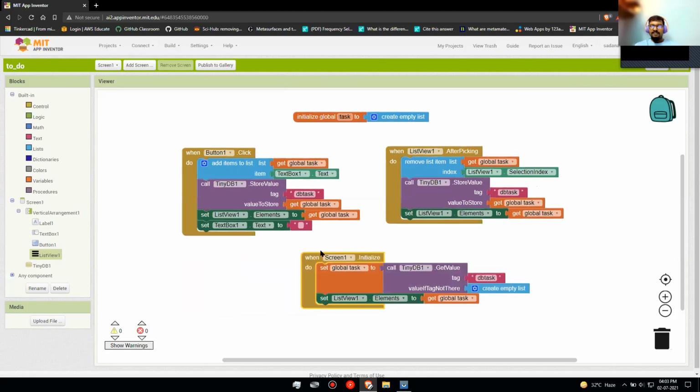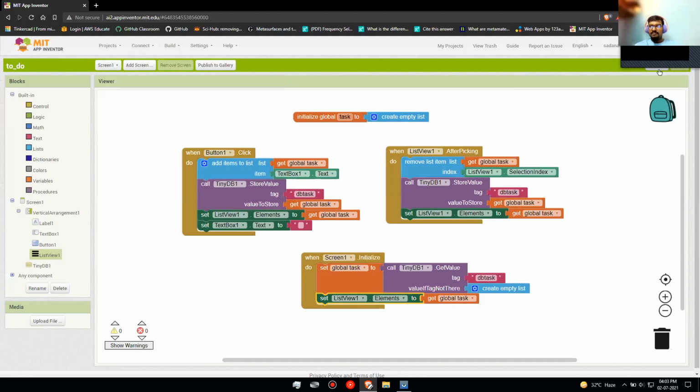And the third one: when we exit the app and we want the contents to remain there, this is for that. So set global task to call TinyDB and get whatever is stored in the DB database, and then show it in the list view.